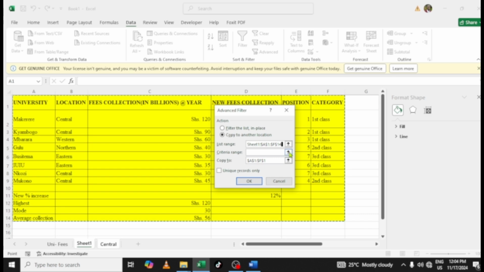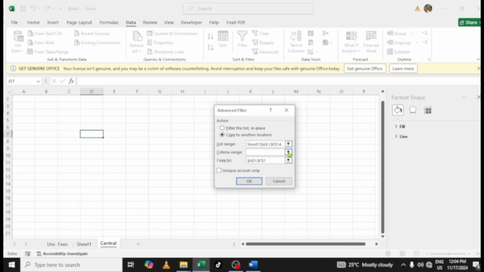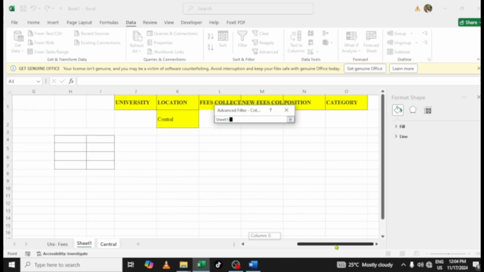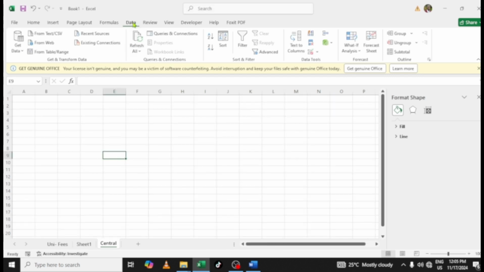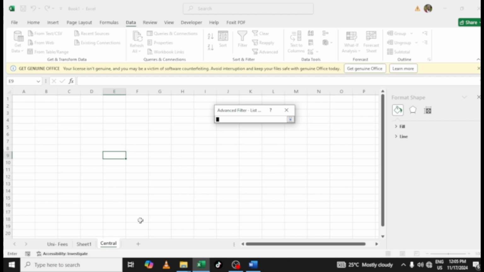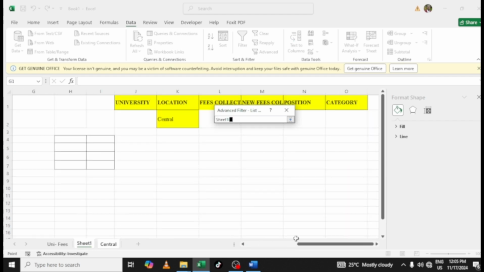After selecting it, I go back, I go to criteria range, I tap in there, it's still on the same sheet. I move like this, I choose my criteria, I go to the central tab, then I tap on data, click on advanced, under sort and filter, make sure copy to another location is selected, then the